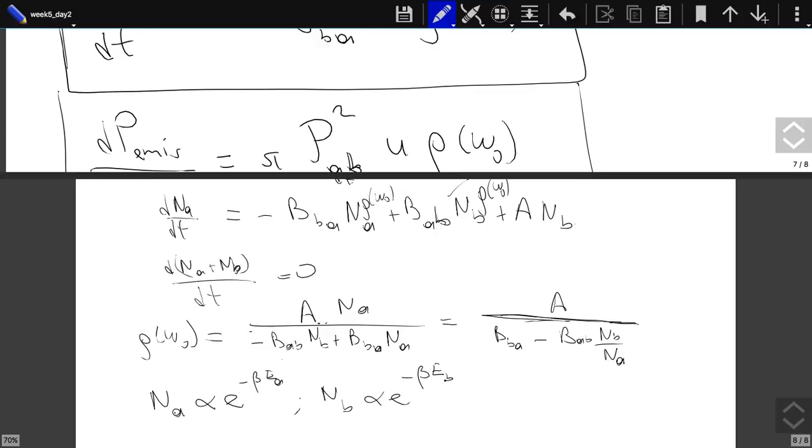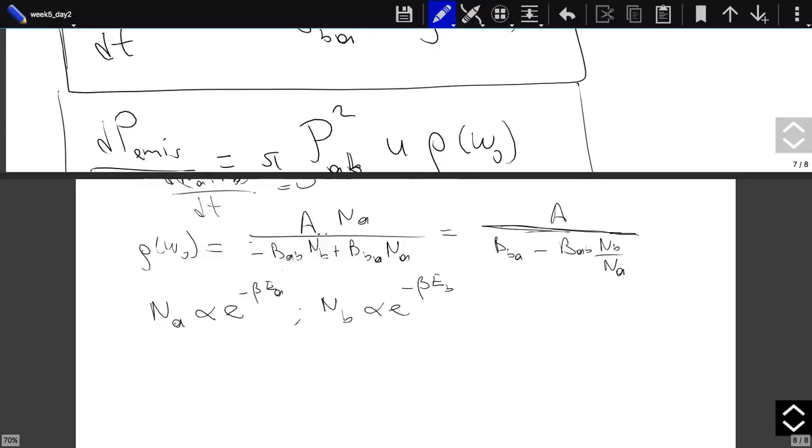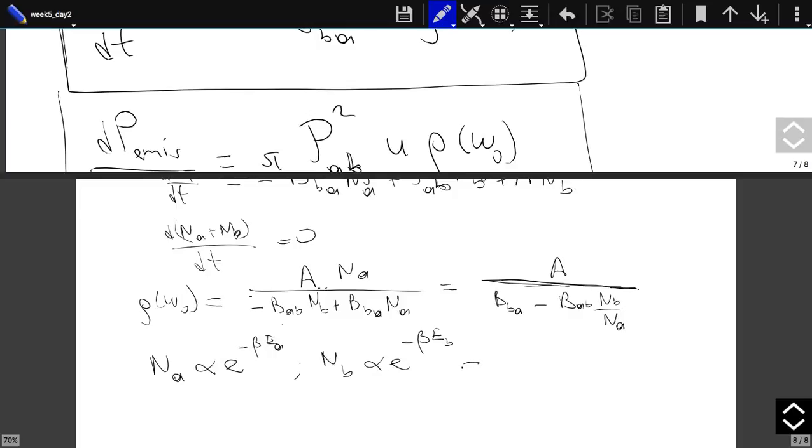You remember this? So it tells me that N_B over N_A is equal to e to the power minus beta (E_B minus E_A),